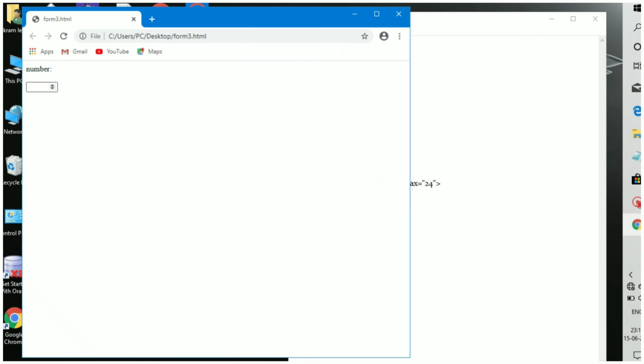Then we can see the number input box is a smaller box because this box only accepts numbers between 5